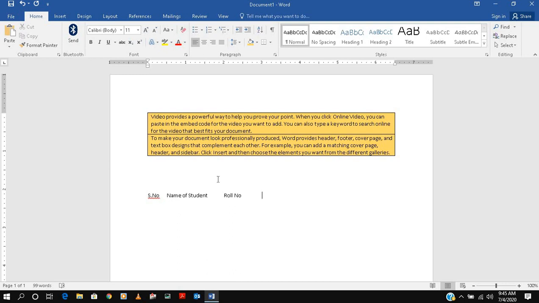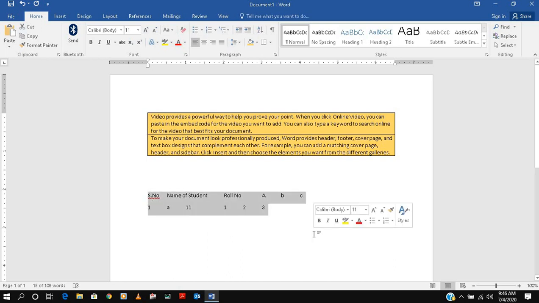You can't do it otherwise, then A, then B, then C. Same way, on the other line you want serial number 1, then tab, then student A, then tab. Then roll number, maybe 11, and because we put 2 tabs, we put A in front of A1, suppose you want 2, suppose you want 3. Make sure it only happens with tab.